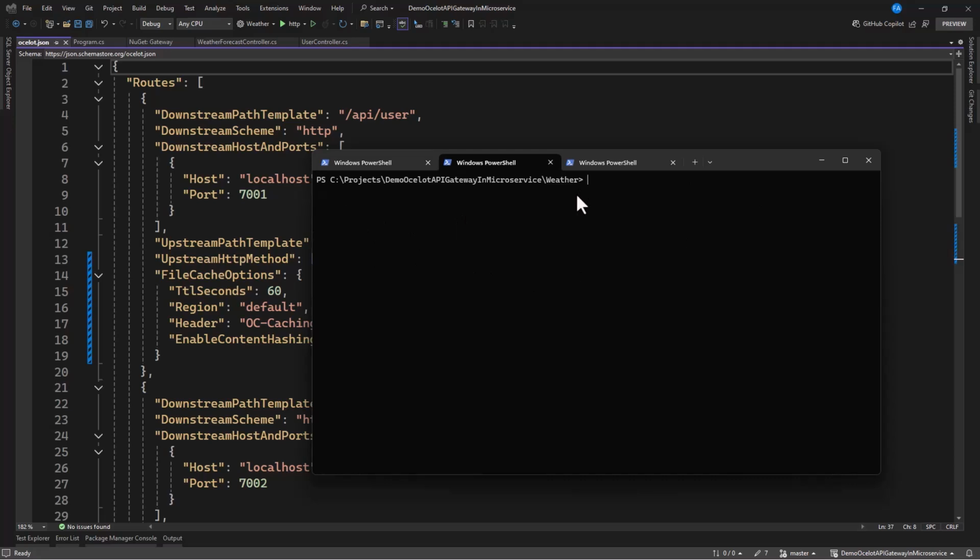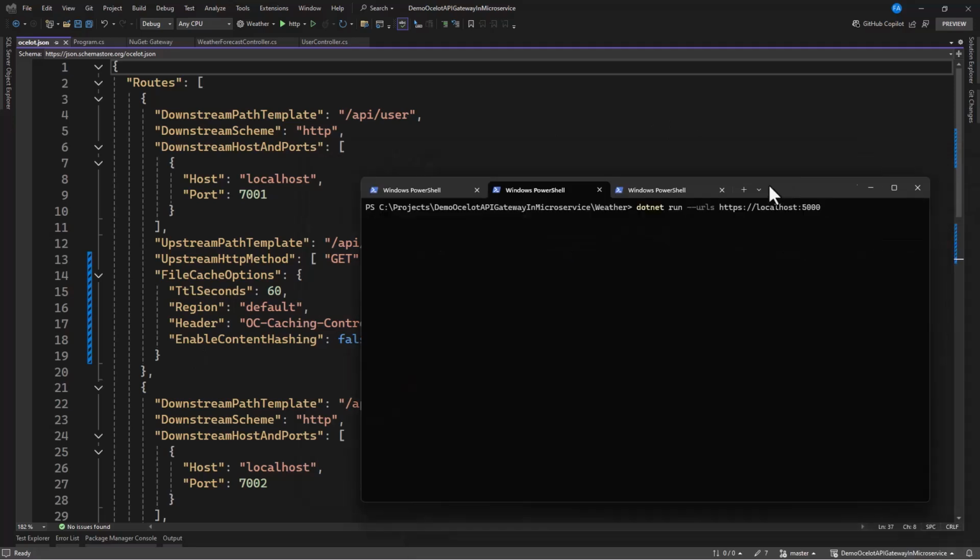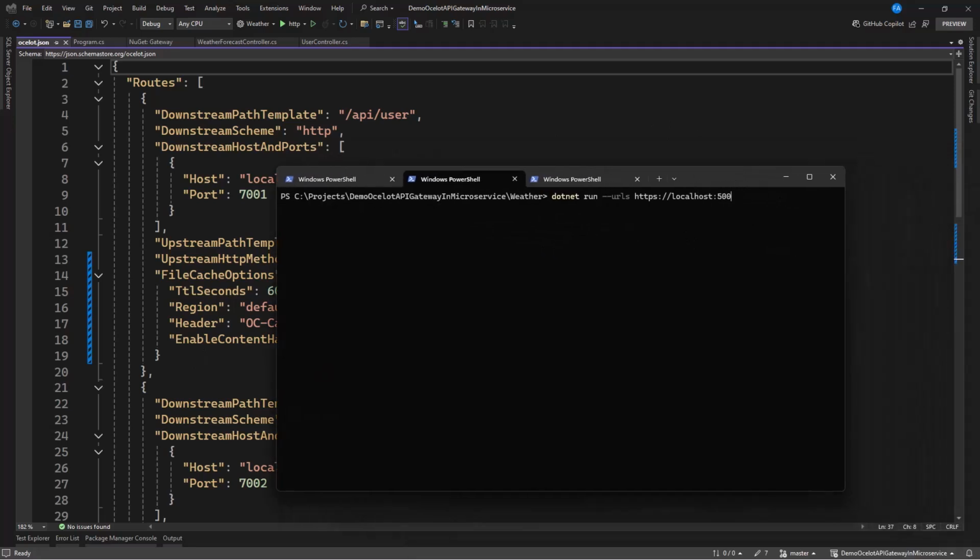We can also do the same to this one. Now this is also running. Let's see. This is the weather forecast, and it is running on, let's check this out, 7002. So let me make it 7002.